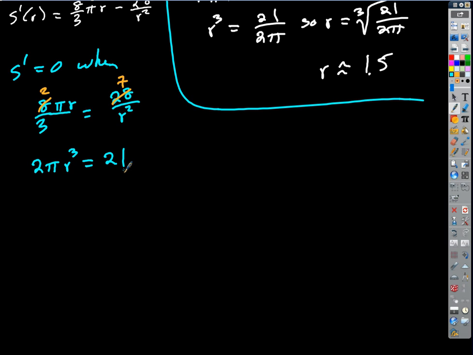So if I solve for r, I get r cubed equals 21 over 2 pi. So r equals the cube root of 21 over 2 pi. Kirk was right, wasn't he? Well, that's our 1.5, isn't it? That's the endpoint. Okay? So when we make our table,